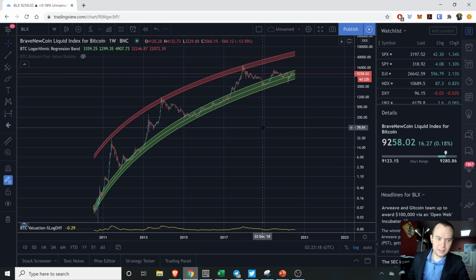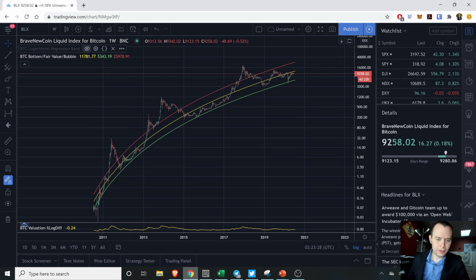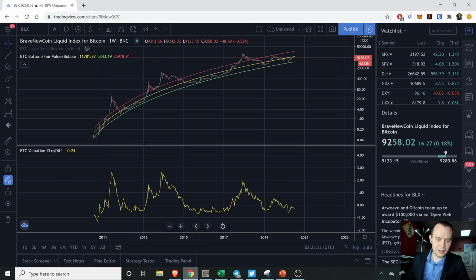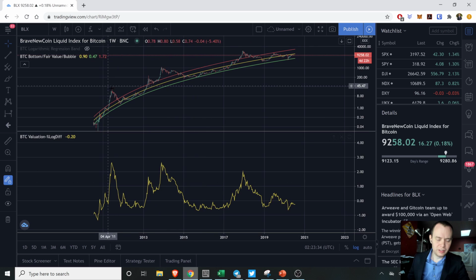So the next thing, and this is key. We've spoken about this before with respect to the total cryptocurrency market cap, but we also want to talk about it with respect to Bitcoin, just to show what it's doing. Okay, so the idea is let's take the percent difference between the price and the yellow line, the fair value line. Now, at first glance, you might wonder what this is.